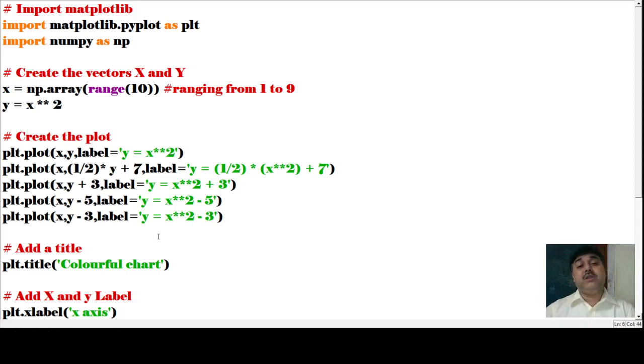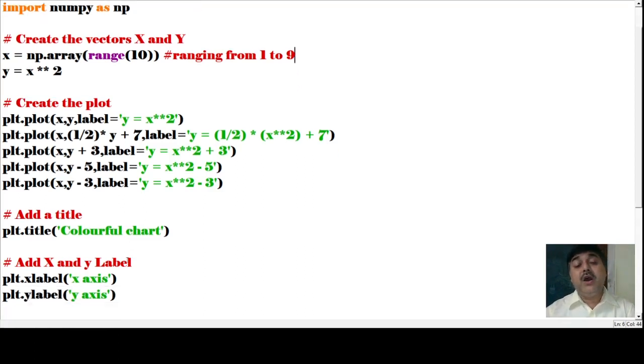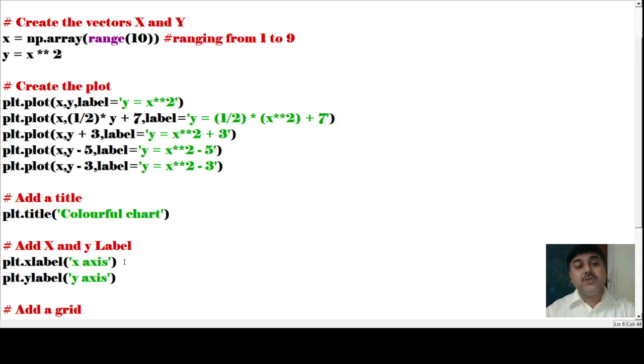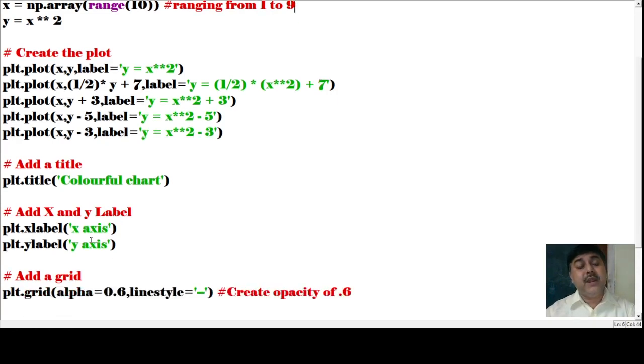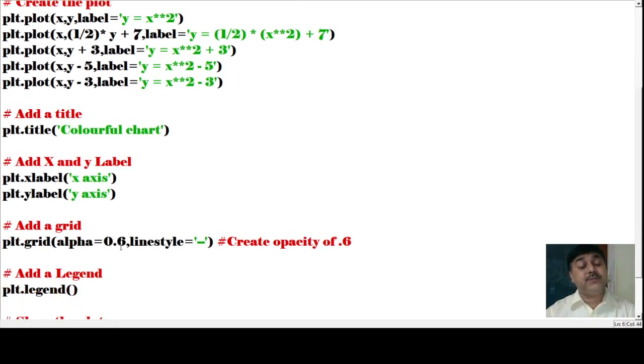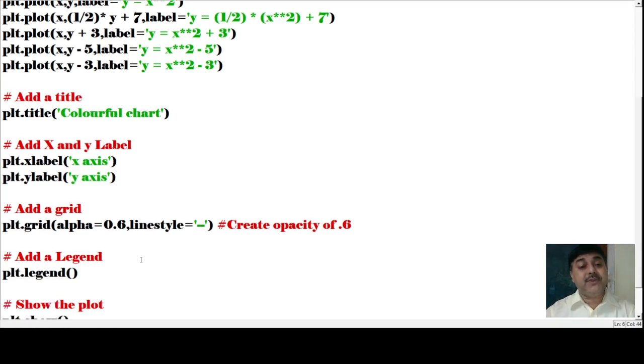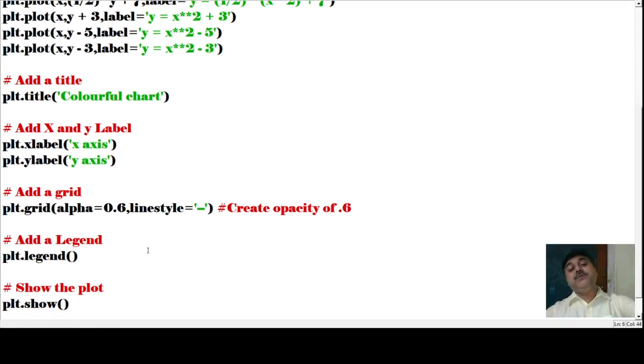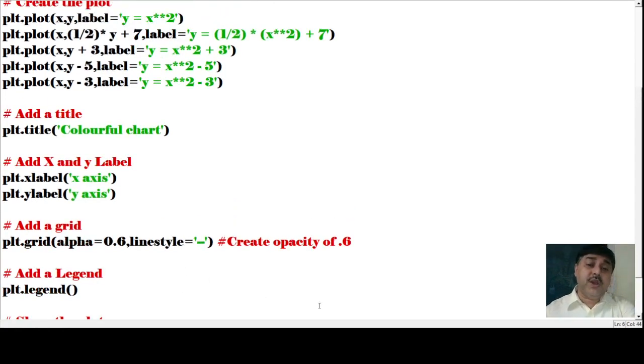Now here you see one thing, I didn't define any color here. So what will the color be? As the name I have given here, the name is a colorful chart. There is an x label and y label, and the gridding has been done. Gridding alpha is 0.6, previously you have seen 0.4, now 0.6, and the line style is dash. That means your opacity is 0.6, opacity means visibility. Based on this, the particular structure has been constructed.